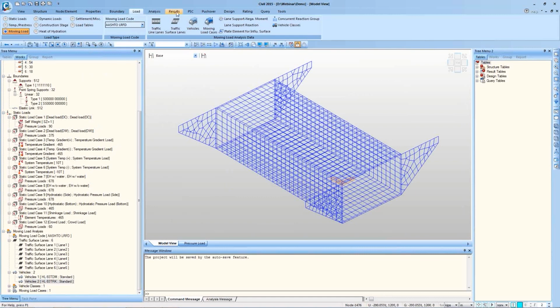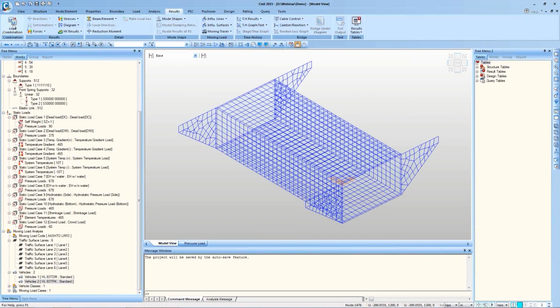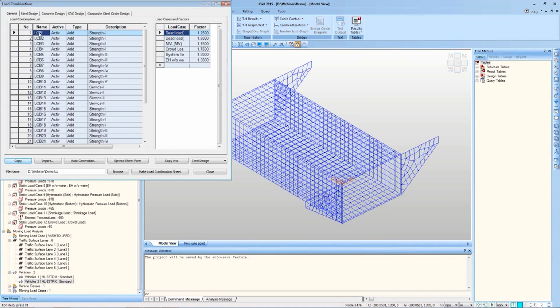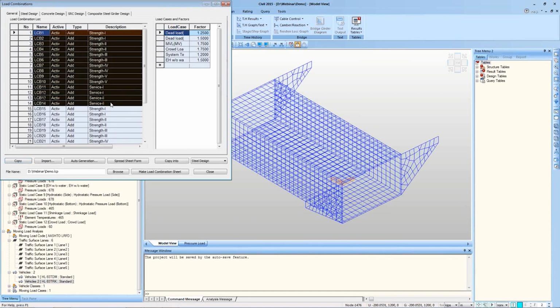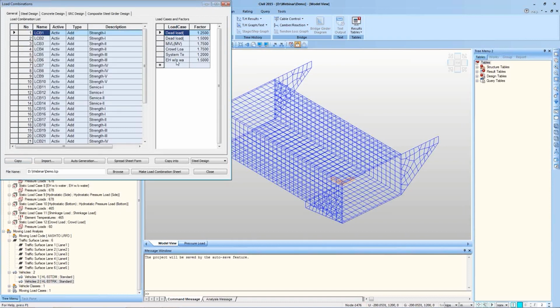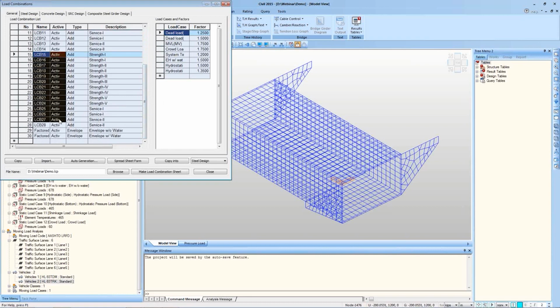Now let's take a look at the load combinations which are generated. There are two sets of load combinations generated, one up to 1 to 14, which is without considering the water. So this is unsaturated soil pressure, and next set is considering the hydrostatic pressure and saturated soil pressure. So we have two sets, and all the load combinations are generated as per AASHTO LRFD 2002.